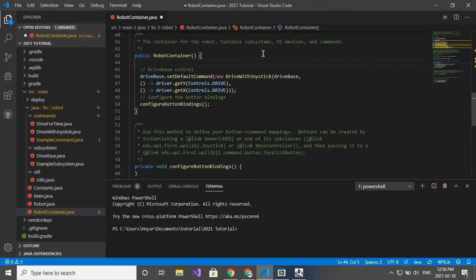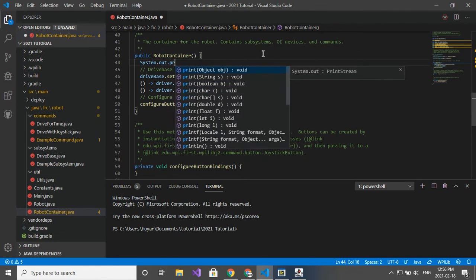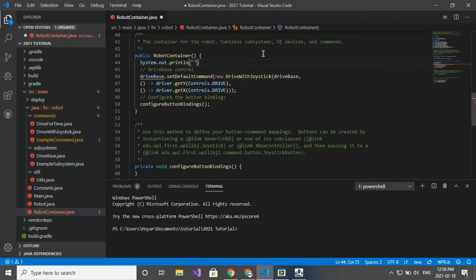So here's my constructor, System.out.println. And this is a really good troubleshooting tool. So System.out.println, it's got brackets. Keep in mind, println, if you're new to Java programming, that's not a 1, that is an L. And then what you have in brackets is your string, so you put it in quotation marks